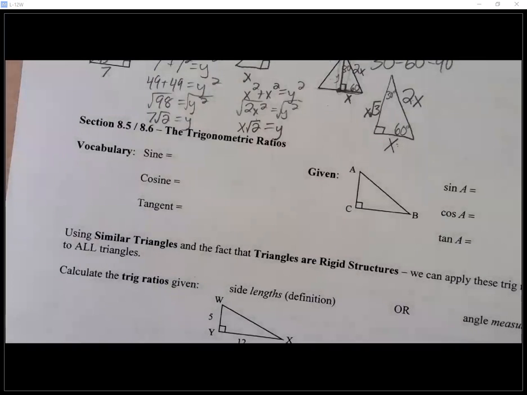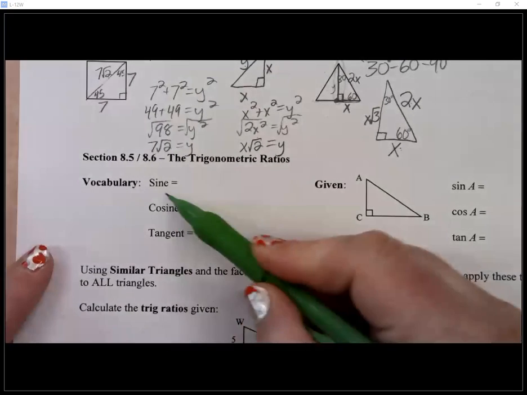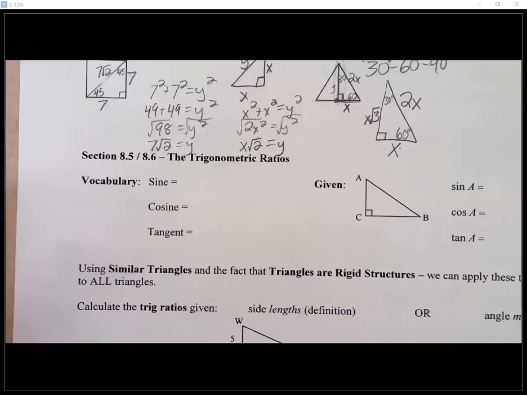Right, so we are looking here at these trigonometric ratios. Have you seen these words before? Sine, cosine, tangent. Have you heard them and seen them? Do you know about them? Well, guess what? I bet for ages, if you haven't ever heard of these words before, have you ever wondered